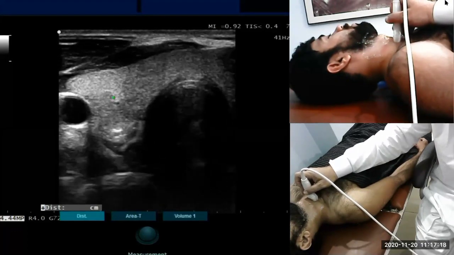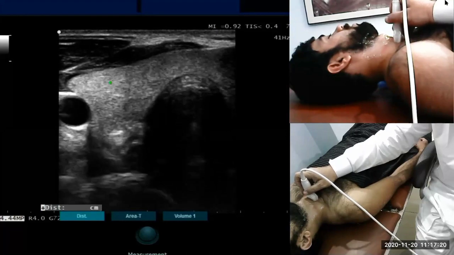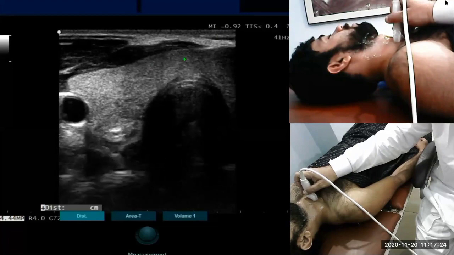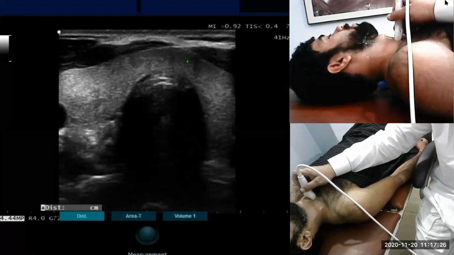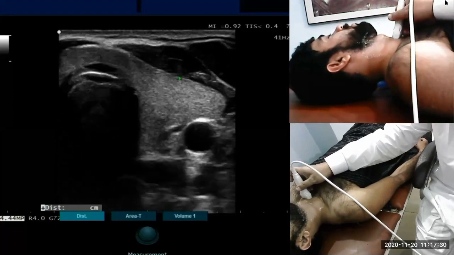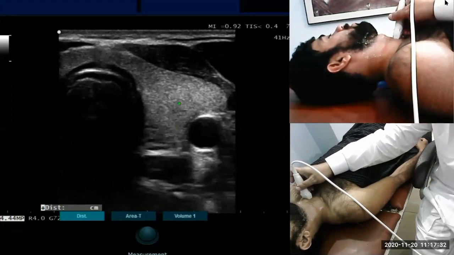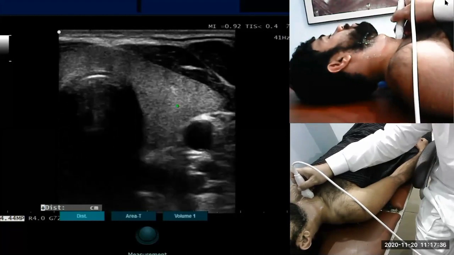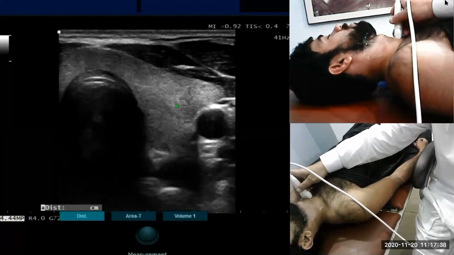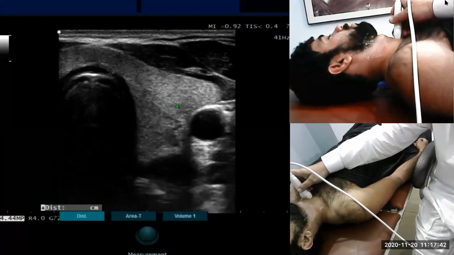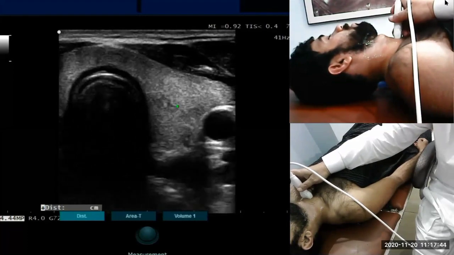This is the right lobe. You cross the midline through this isthmus and across you go into the left lobe. It is bright, spongy. Those of us who know the brightness of a fatty liver